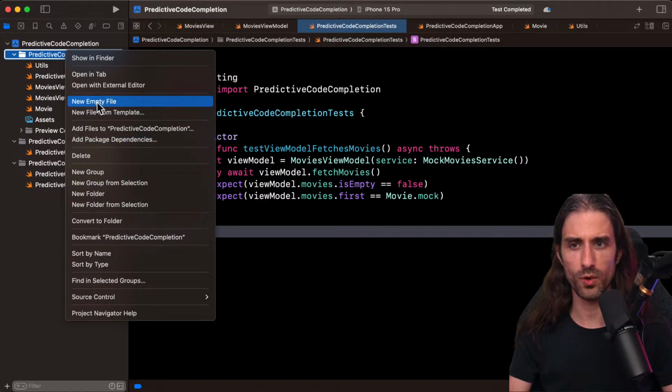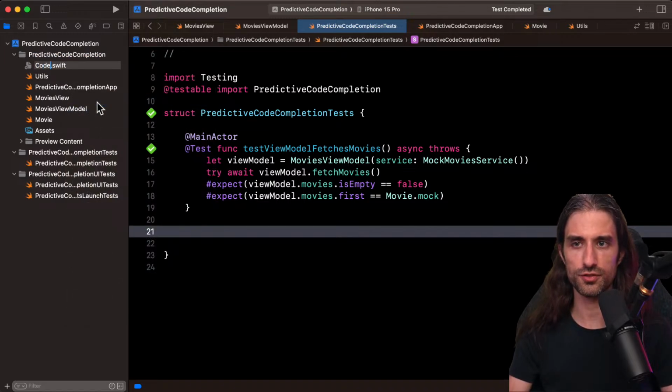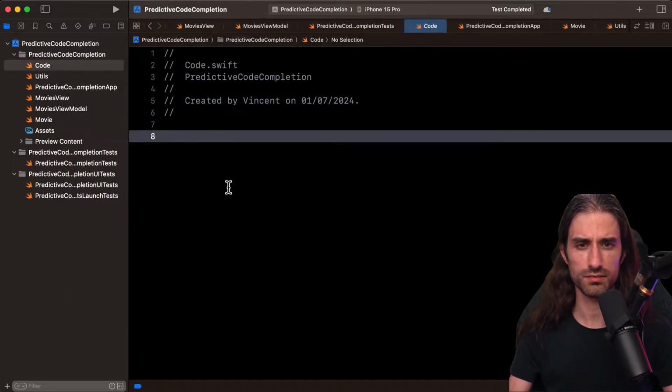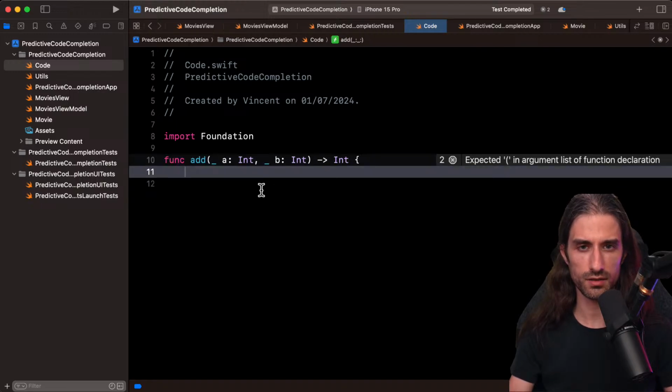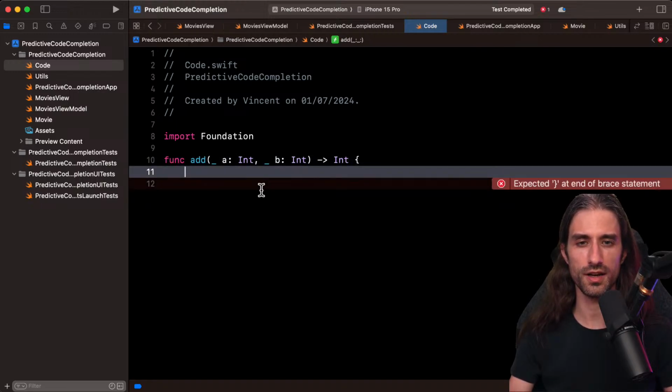And for this, I'm going to create a new file. I'm going to call it just code. I'm going to write some basic code. I'm going to write again my function. I'm going to import Foundation and then do func add. So it's going to give me the function to add two integers together. So arguably not the most interesting function ever, but at least one that it's easy to write tests for,